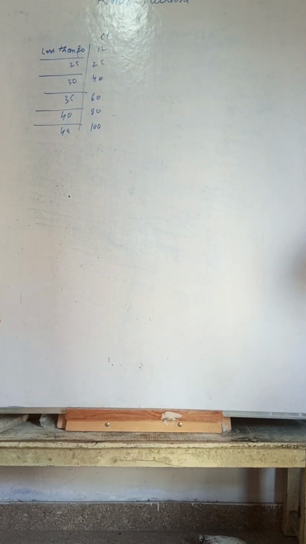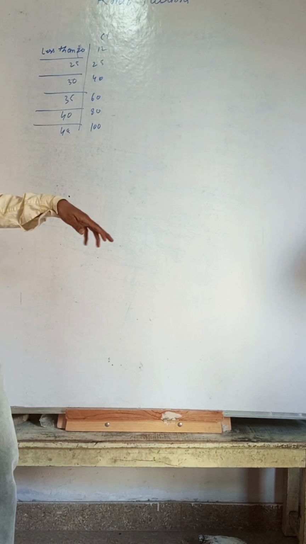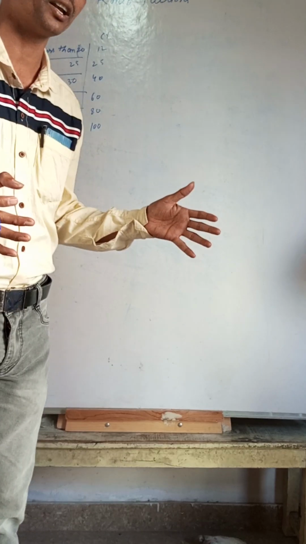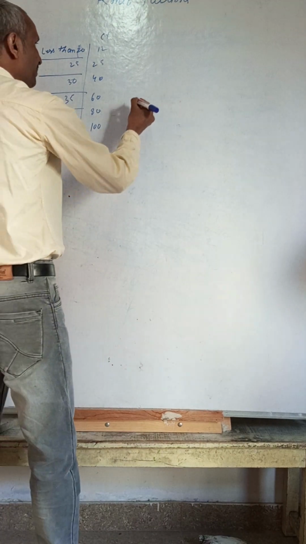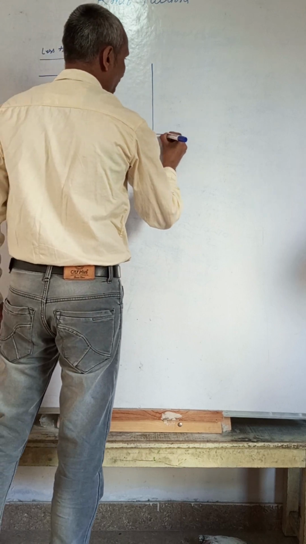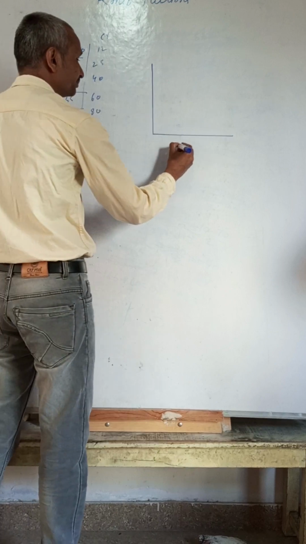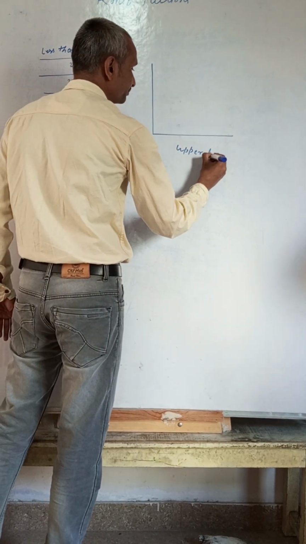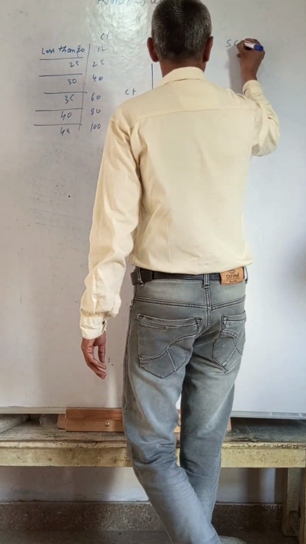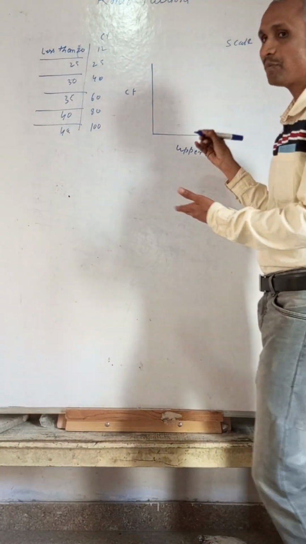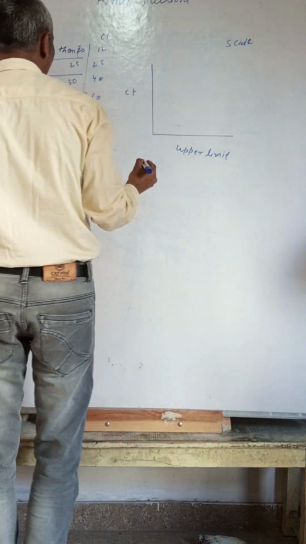How do I come to know it is CF? Because 12 is increasing, all are increasing numbers. Nowhere is it decreasing. It is directly increasing, which means CF is given. Now in the graph paper, you write like this. It is your graph. On this side you write the upper limit, and here you write the CF. Here you write the scale. Simply, I am giving you a random idea.